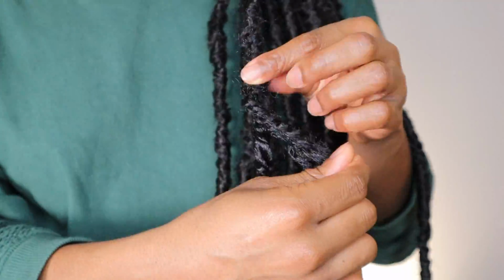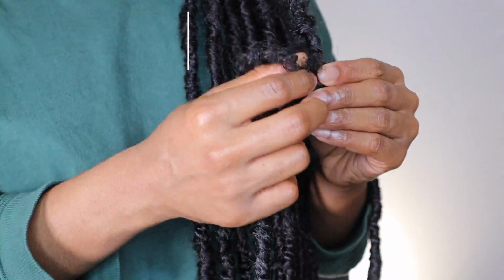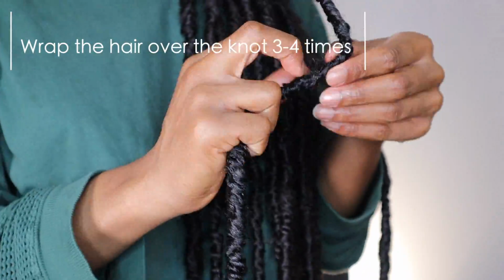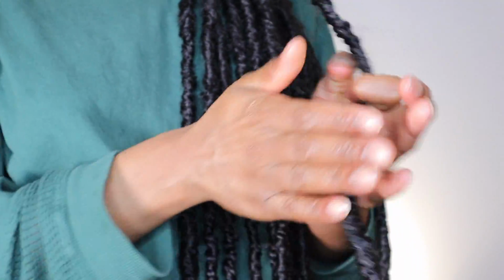You can double tie it if you want to make it even more secure, but it's definitely not necessary. Once you've done that knot, then you can go ahead and start wrapping the sections in their opposite directions. Now, when wrapping, you want to try to cover up the knots, and to do this, I wrapped over it maybe 3 to 4 times. Again, once you finish, you're just going to rub that lock between your hands, and that just really locks in